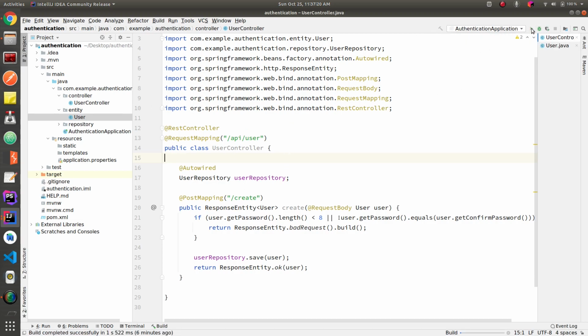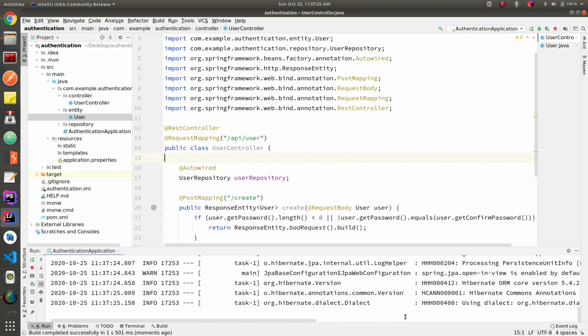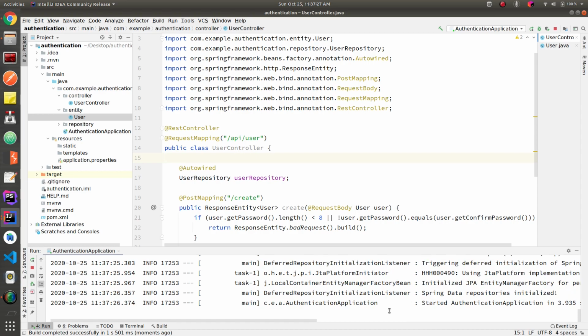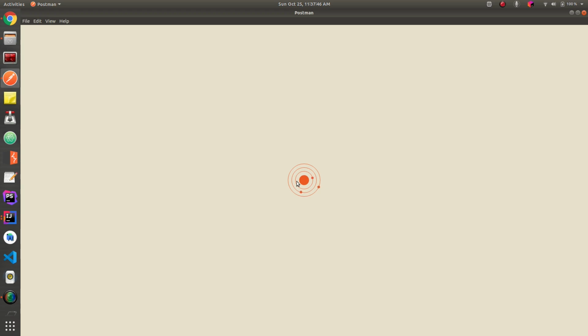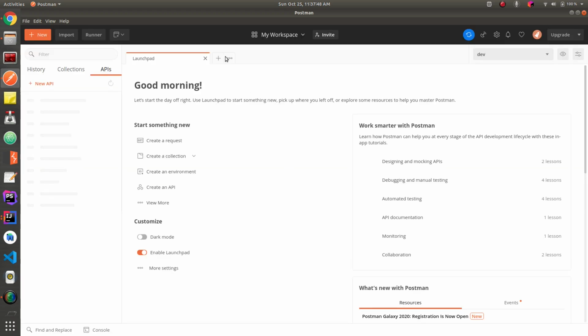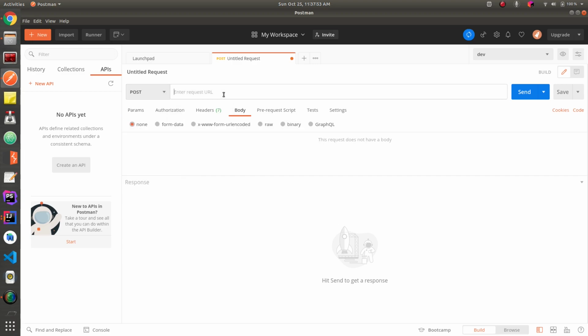Let's run the project. Let's open our Postman and try to call this API, and we'll see what we get. So I'm changing the method type here to post.